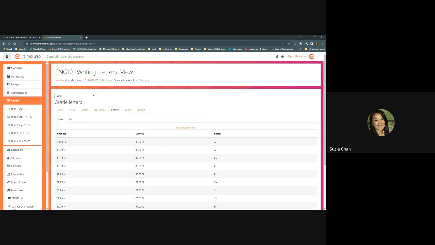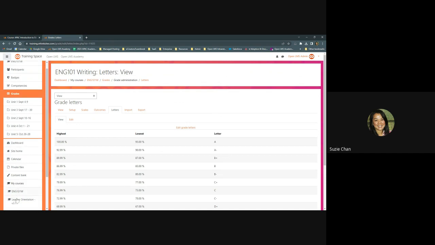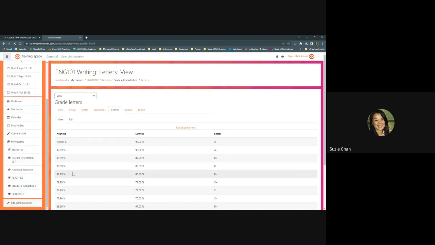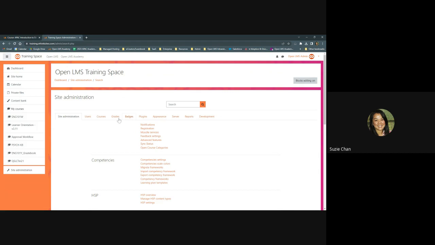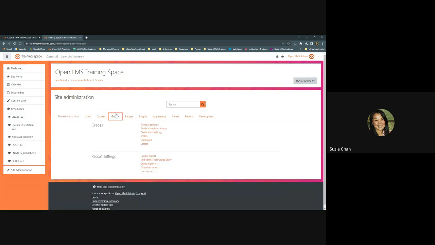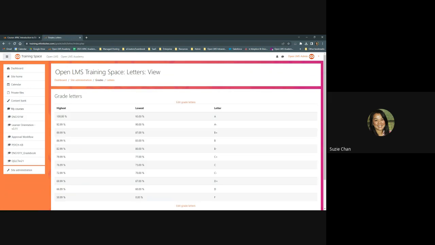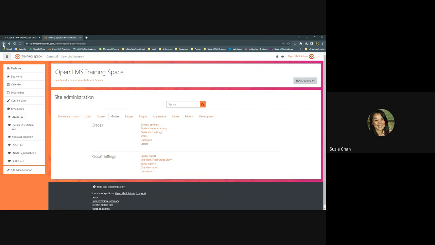If we want to edit it on the site level, you may recall from week 1, we could go into Site Administration, Grades, and Letters. And we can also edit the grade letters here on a site level. Jumping back to the gradebook,